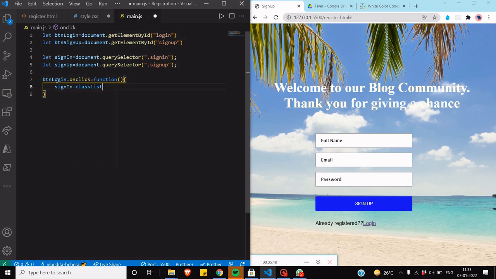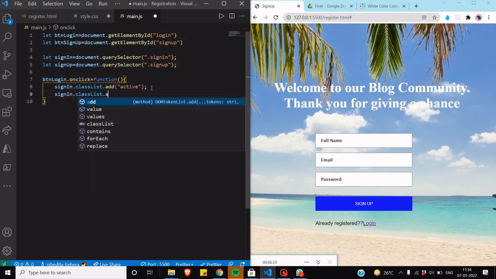dot class list dot add. This one will be active. Whenever someone clicks on the login button, we have already created this active class in the CSS, so this one will be active. And the sign up, class list dot add, sign up will be inactive. Login will be active, and the sign up will be inactive. Okay,